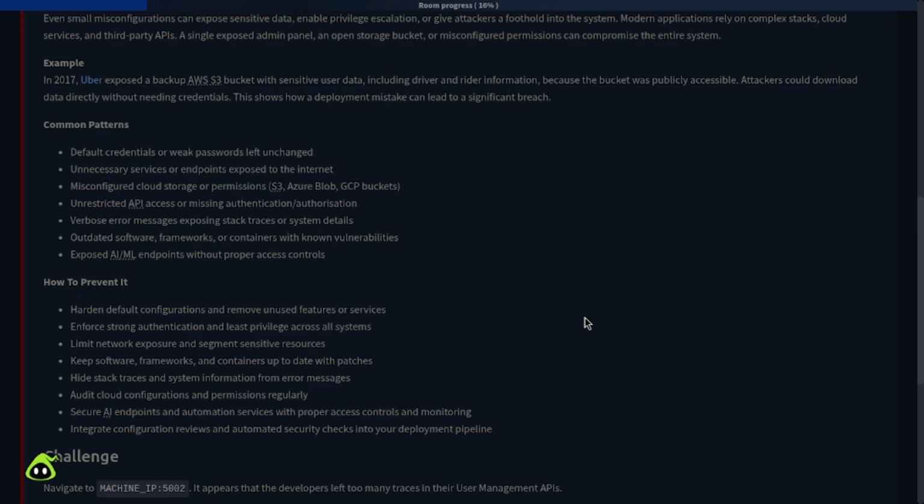Only the particular or intended person should have access to that resource. You should keep your software, frameworks and containers up to date with the latest patches, and you should hide your development traces, what you are using on the back end. On the client side, it shouldn't be revealed what versions you are using on the primary tech stack,